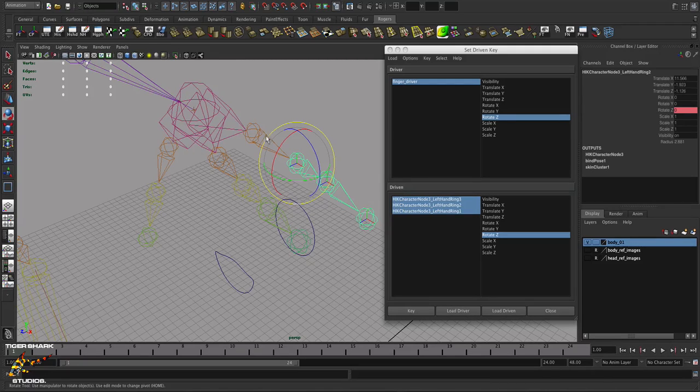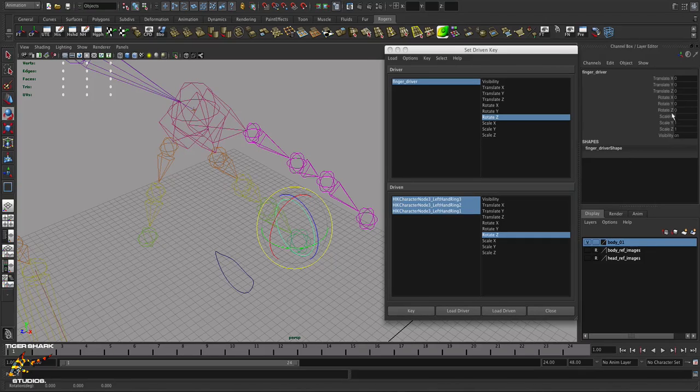So what I need to do now is click on this Set Driver and just middle mouse drag. Let's drag that down to